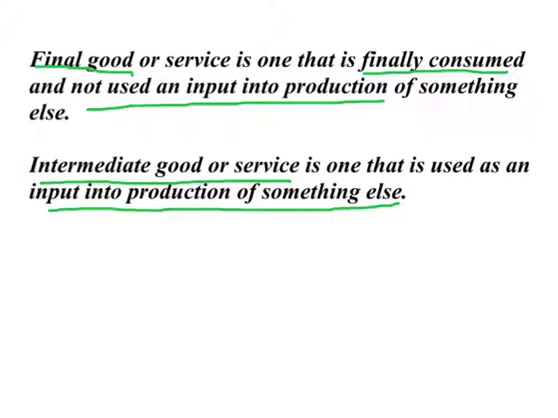To give you an example, suppose I buy steel and I just leave it in my backyard. In such a case, steel that is purchased by me will be considered a final good. If the same steel is bought by a car manufacturer and used for producing cars, in such a case, steel will be considered an intermediate good. So what is an intermediate or a final good depends on where it is destined to be. Is it being used as an input into something else, or is it being finally consumed by people like you and I,